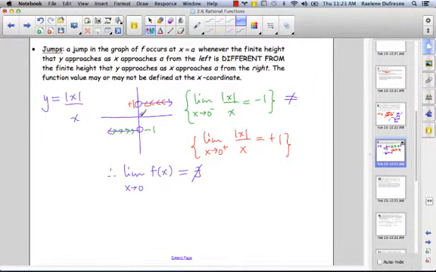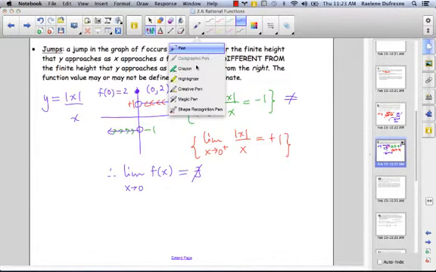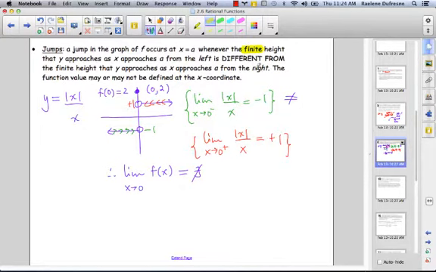It's possible that we could have defined a y-coordinate, let's say at 0, 2. So we could say, in this case, that f of 0 is equal to 2. But still, the limit value does not equal the function value, and so the function is not continuous. Whenever the left limit is different from the right limit, although both of those values are finite, we have a jump discontinuity. The word finite is important here because it's possible that we could have,